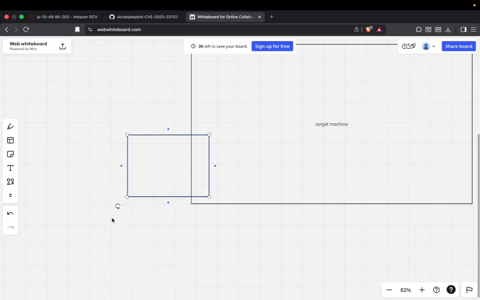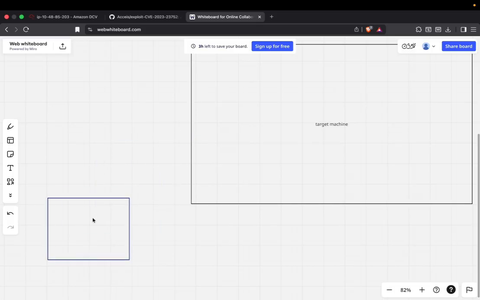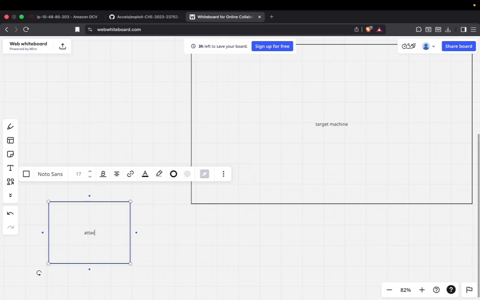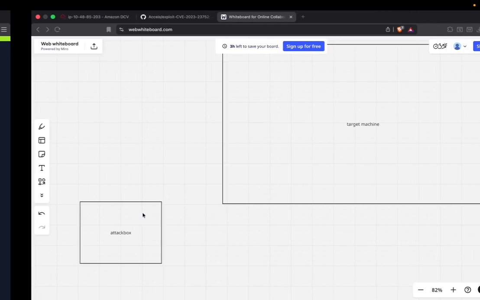So now, attack box. Now the database is running on localhost inside that target machine. And as we don't have any SSRF here, we cannot access that database from our attack box. Okay, so what we can do is